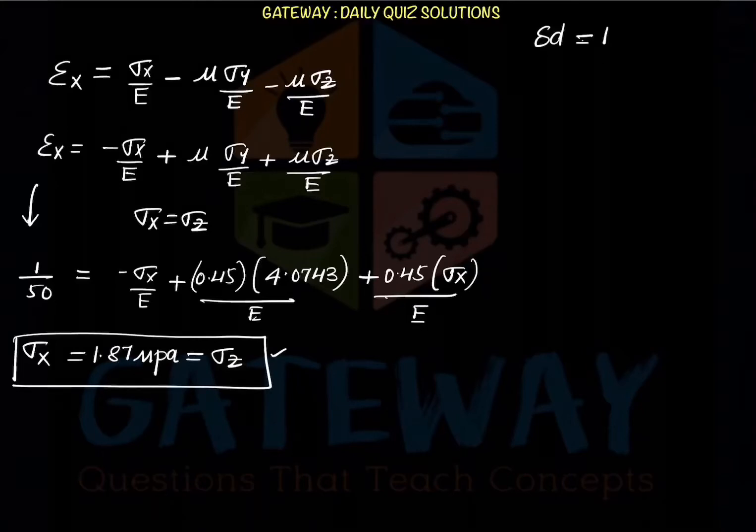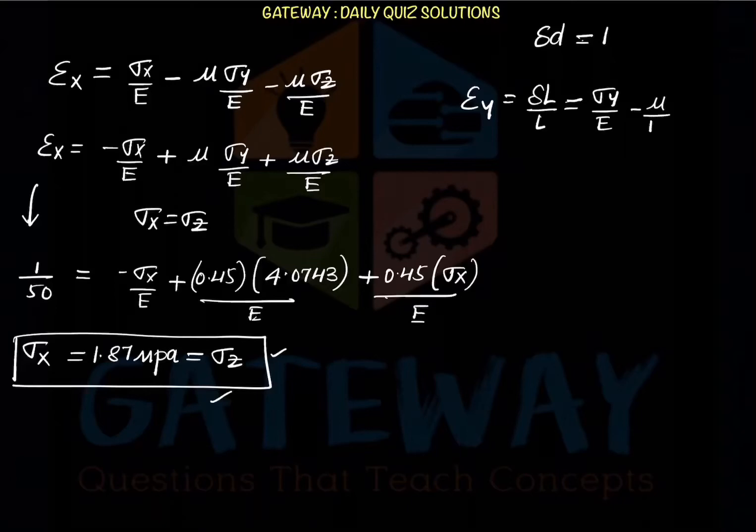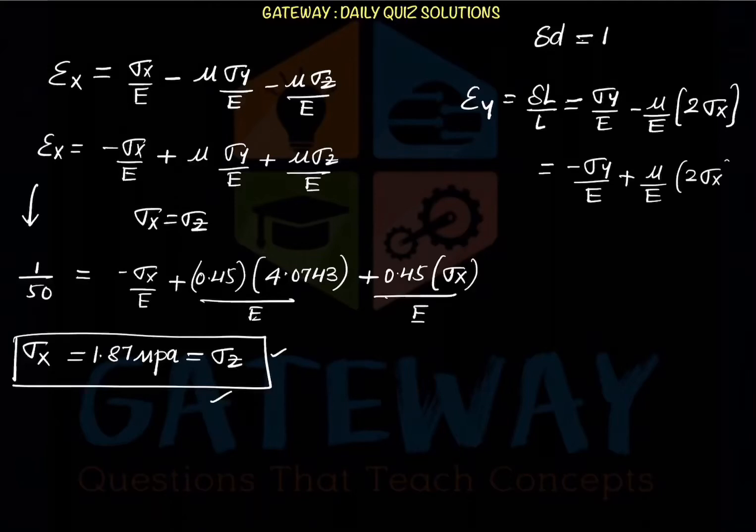Now for this triaxial state, we will calculate the strain along Y, nothing but delta L upon L. Sigma X was already known, and from that we know that strain will be generally longitudinal minus lateral. So sigma Y upon E and mu by E into, since here sigma X and sigma Z were equal, we can directly write it as 2 into sigma X. Okay, and these are all compressive in nature, so we can write this as minus sigma Y upon E plus mu by E into 2 sigma X. Okay, from that delta L is equal to L into minus